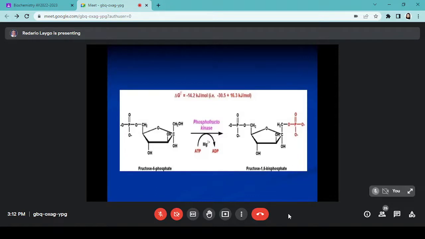So if you put them together, the endergonic reaction whereby fructose 6 phosphate is phosphorylated to become fructose 1,6 bisphosphate will become feasible. Because if you look at the algebraic sum of the standard free energy of each of the half reactions, you will still have a difference of how much? Negative, how much? 13.7,